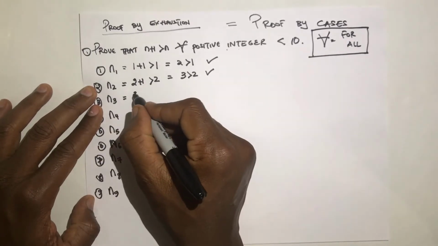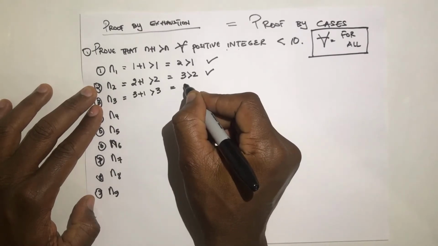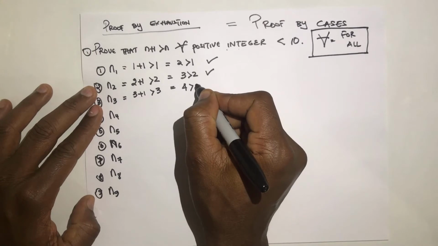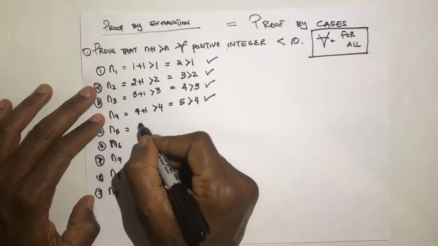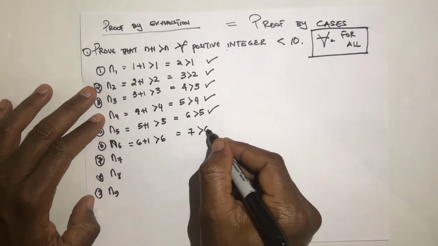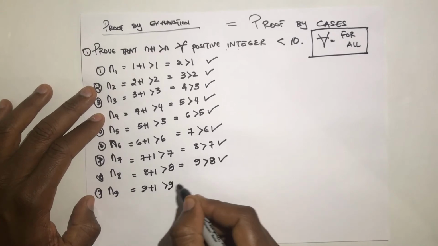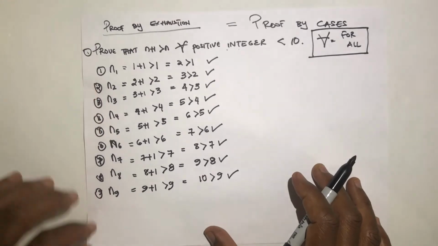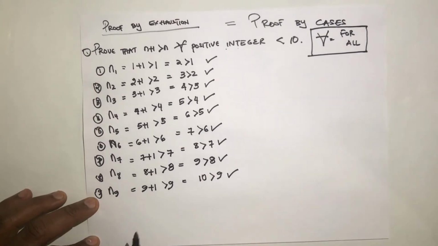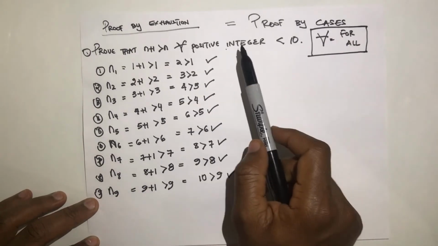And this one is 3 plus 1 is greater than 3. So if we actually look, you realize that all the cases here are true for where n is an integer